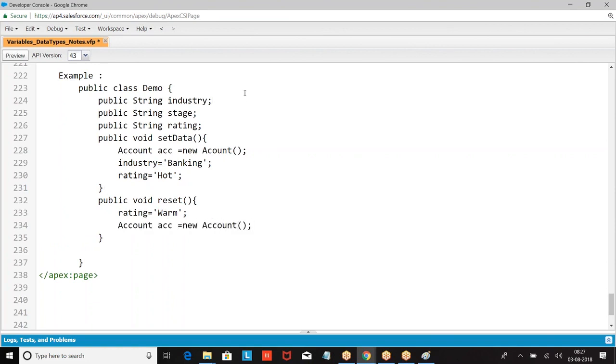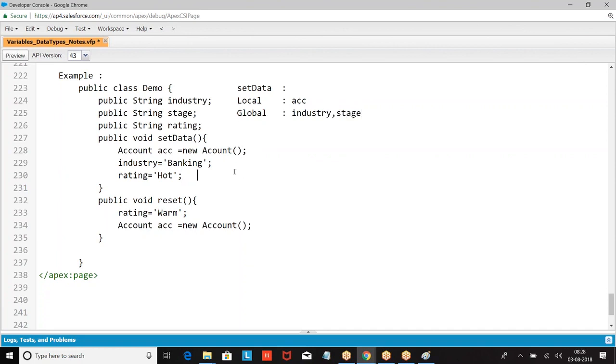Now tell me this. For set data, what is the local? ACC is the local. Global, right.